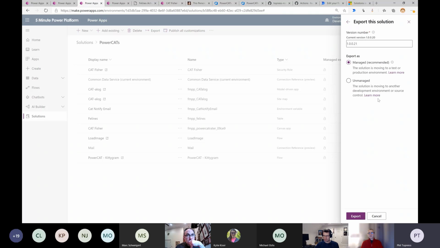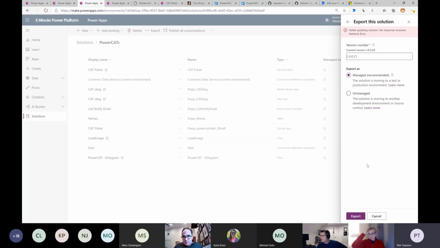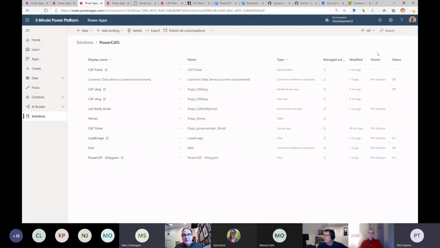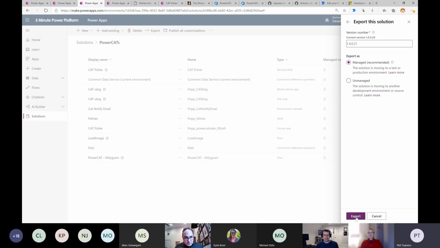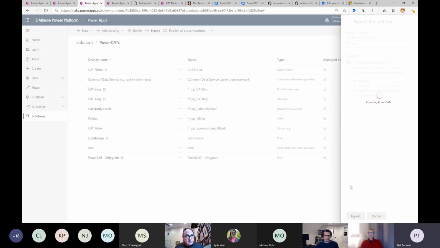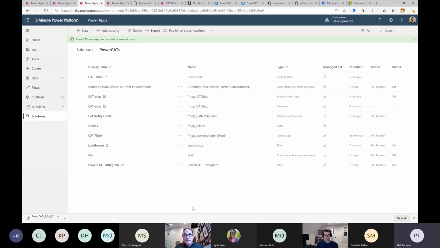Solution files come in 2 flavors, unmanaged. Yeah, I think we lost Phil. Was it just me, or did everybody lose network? Just you. Okay. Well, that's ideal. All right. So where were we? So we were exporting our solution here. That does explain why it failed to export. Yeah, we lost you at the managed unmanaged part, so it was about 30 seconds. I think you got the gist of that, though. Darn cats. Yeah, something about cats, something about solutions, something about exporting it.